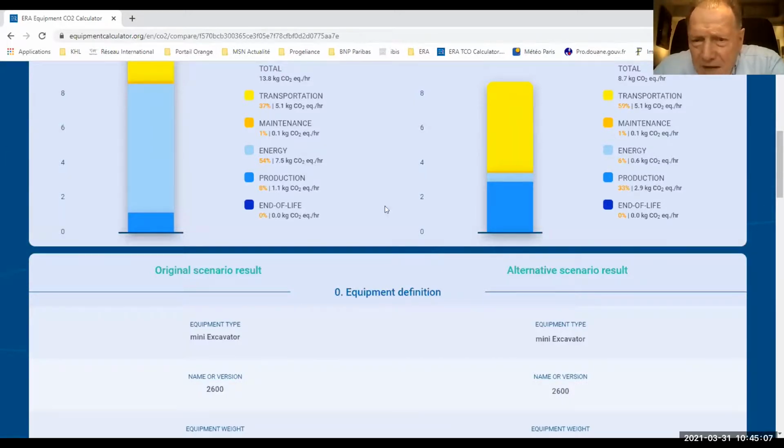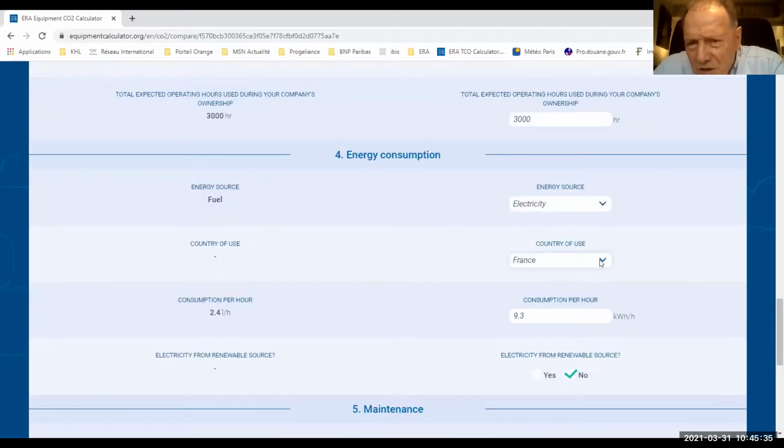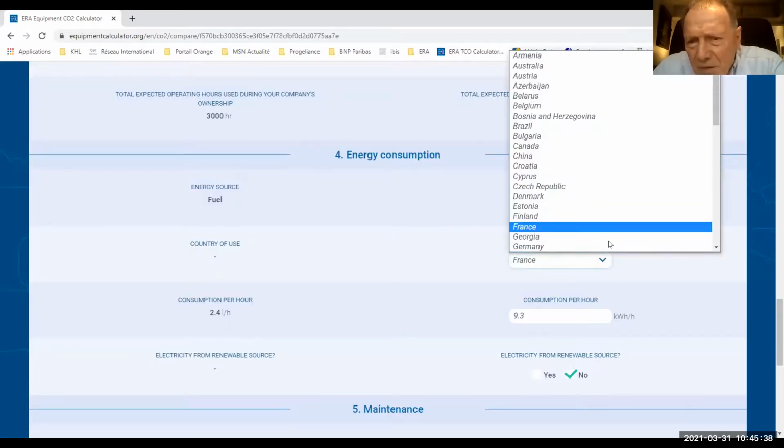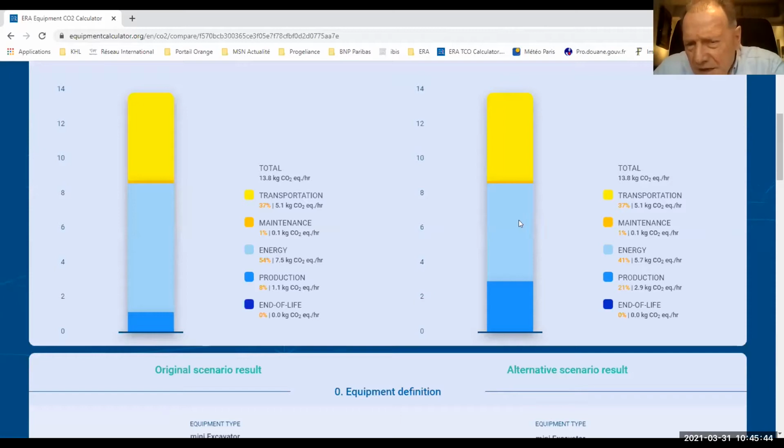But by the way, in that case, when we go from fuel to electricity, we see that the production, which we call LCA, is jumping from 1.1 to 2.9, just because of the production, the materials entering into the batteries, and so on. So there is an impact on production. And last example, if we go to Germany, which is a very huge market, Germany is like the UK in the average share of electricity emissions, 5.7 kilos.